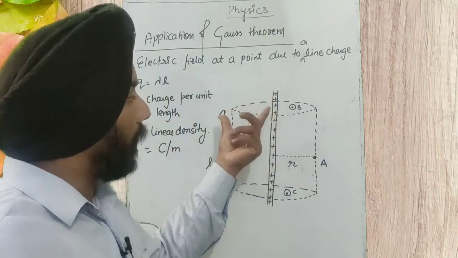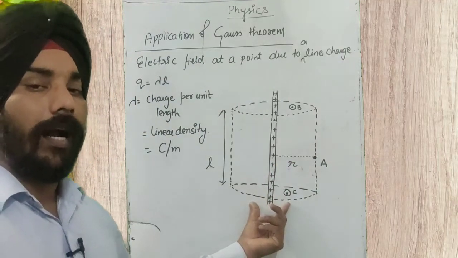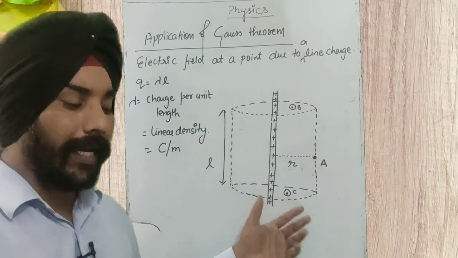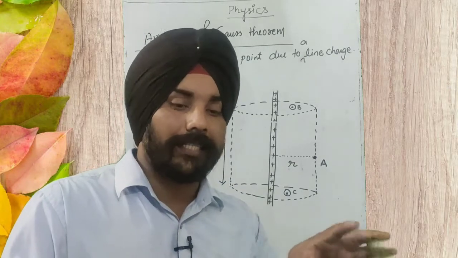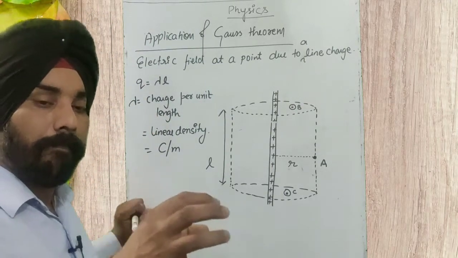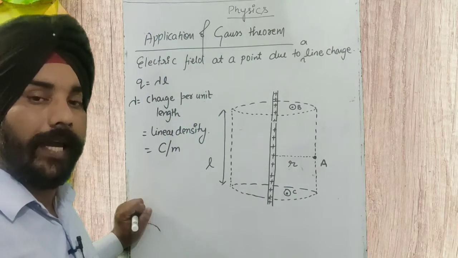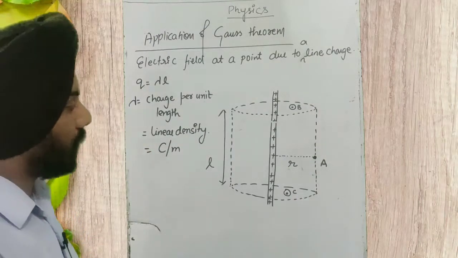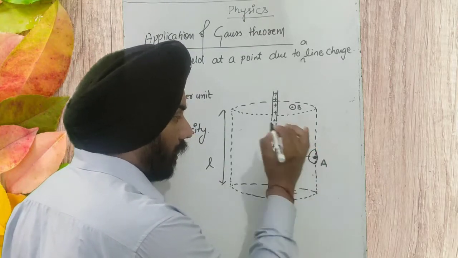If it is coming out from the upper cross section, then I'll take the area of the upper cross section. If it is coming out from the lower cross section, I'll take the area of the lower cross section only. What was the electric flux? Electric flux was the electric field into the area of cross section. So what area of cross section we have to take, that is quite important. So the point is, from which part of this Gaussian surface the electric flux is going to come out. Here I am going to mention electric field and area vector.